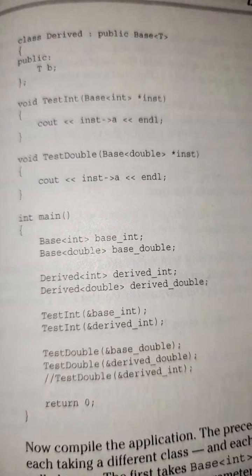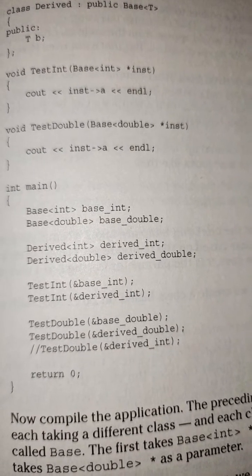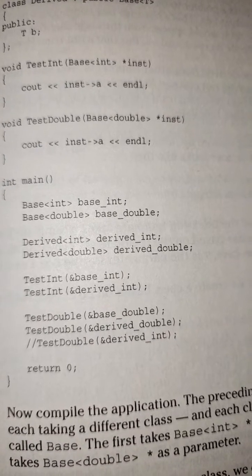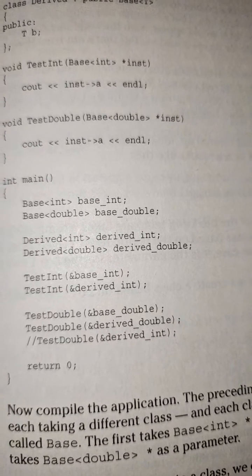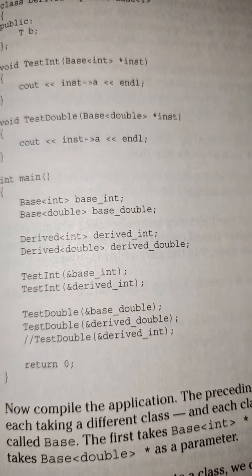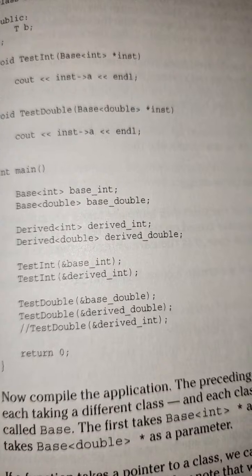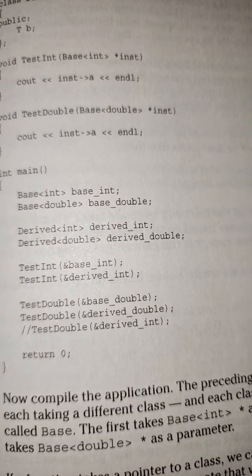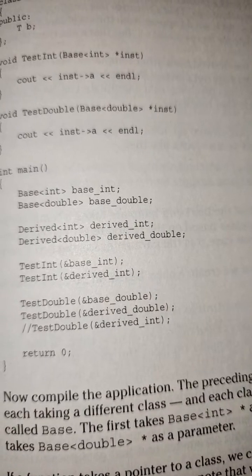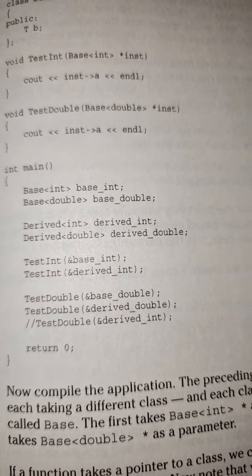int main() { Base<int> base_int; Base<double> base_double; Derived<int> derived_int; Derived<double> derived_double; test(&base_int); test(&derived_int); test(&base_double); test(&derived_double); // test(&derived_int); return 0; }